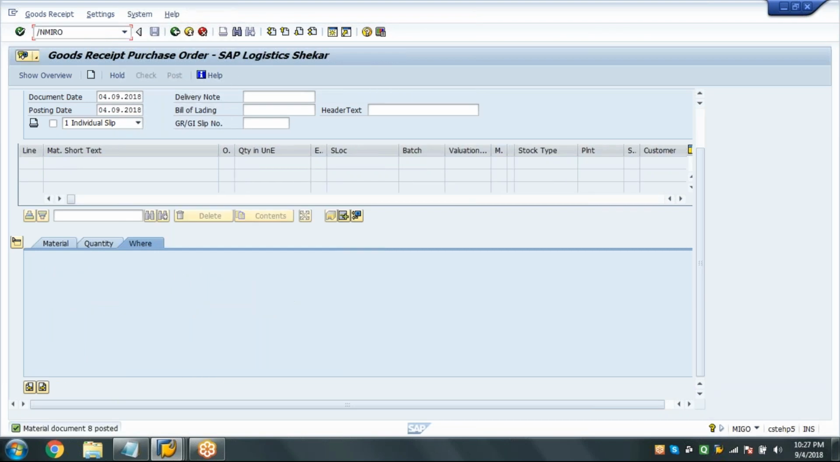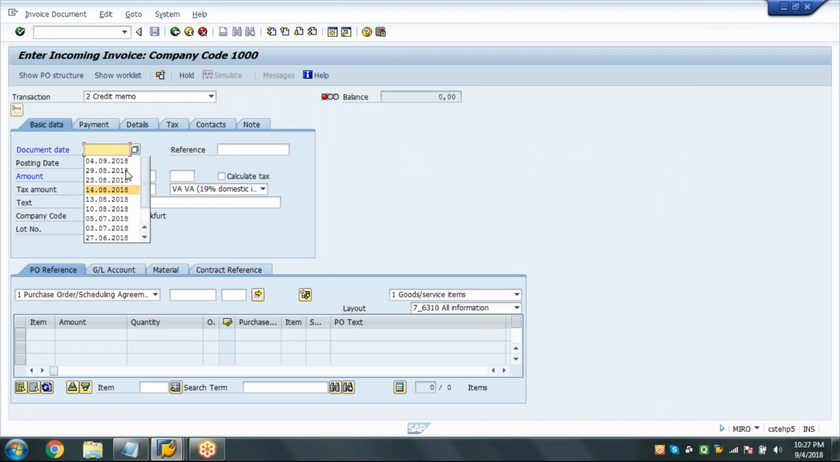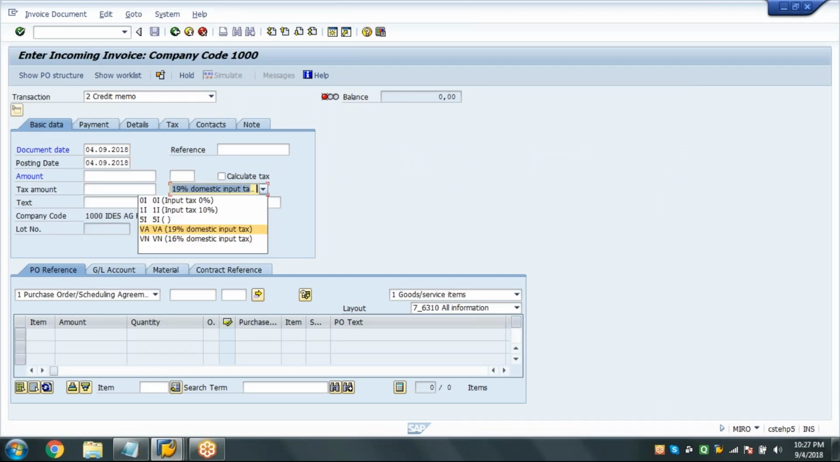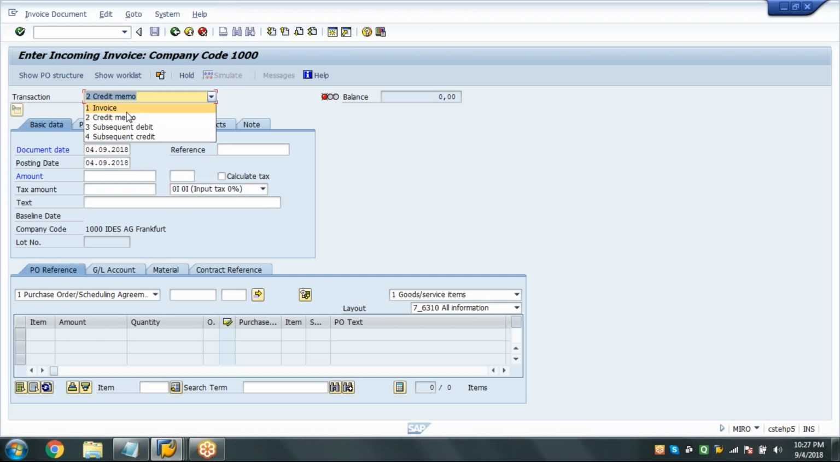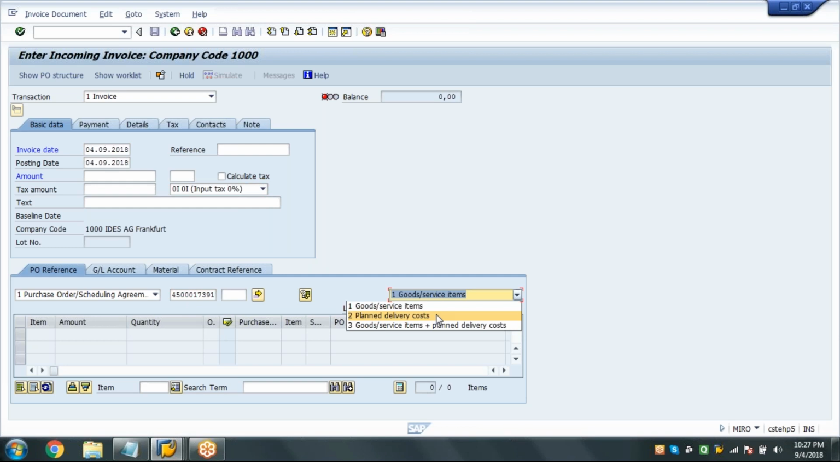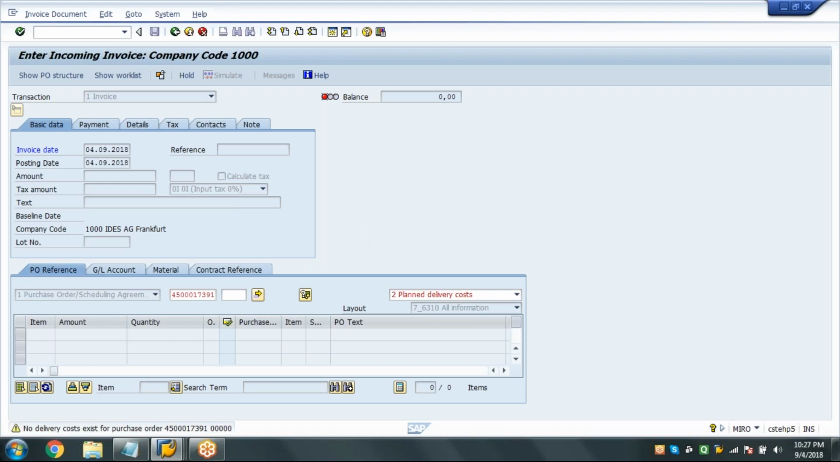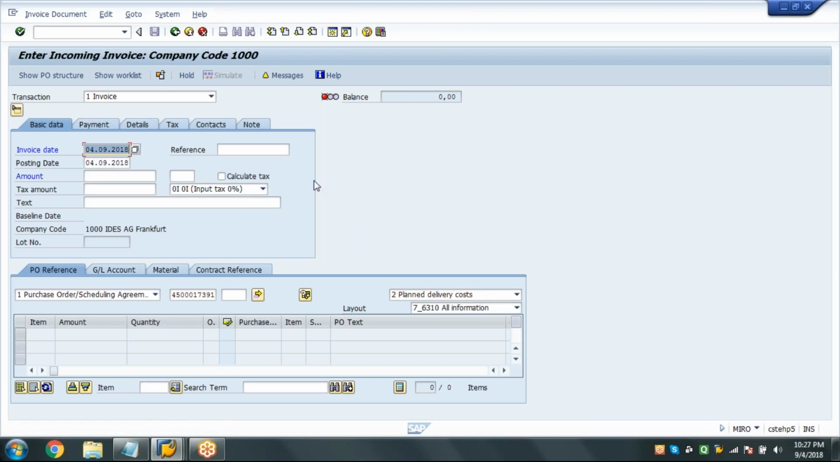Now I'll go to create an invoice. As usual, invoice date, posting date, tax code. Here should be invoice. Now, above the layout, first I'll select planned delivery cost. Now when you press enter, it displays only